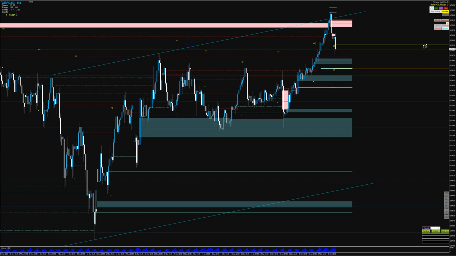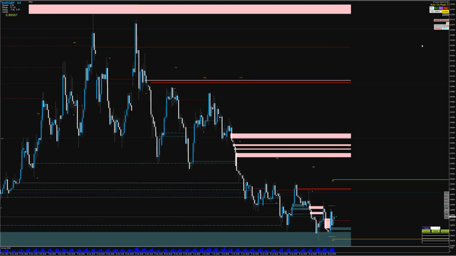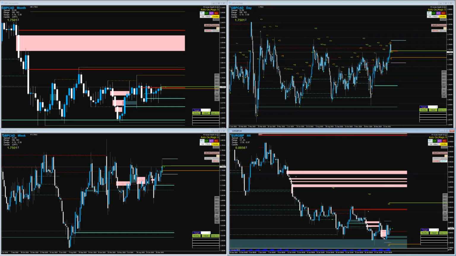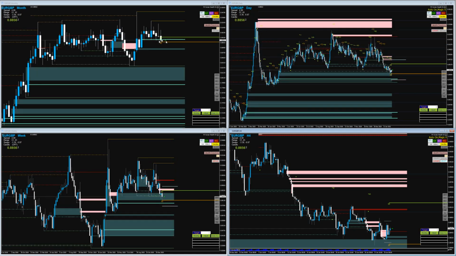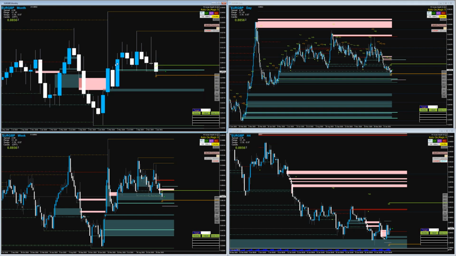Next one actually is Euro GBP. It's a very nice pair as well right now. I like the setup on the Euro GBP. Sorry, this one is Euro. So look what happened in here on the monthly. We actually broke through these lows, right? So we are here. Let me hide it, make it bigger. So we are here in this monthly level, right?